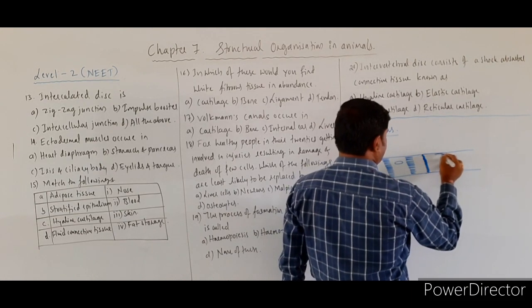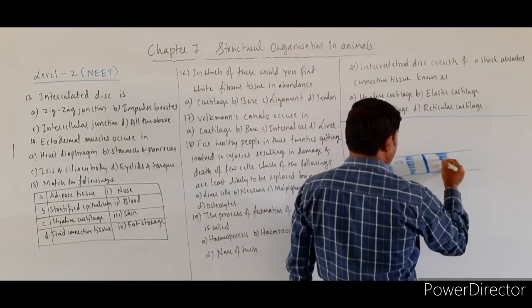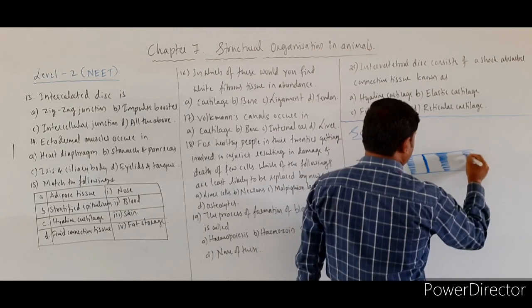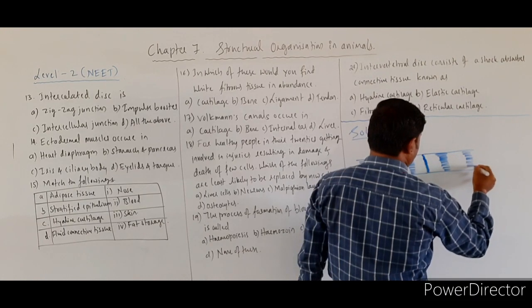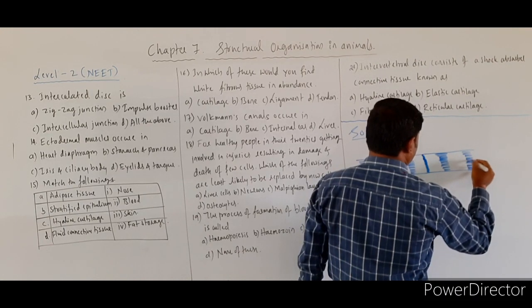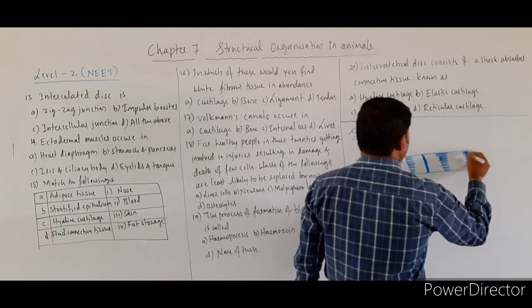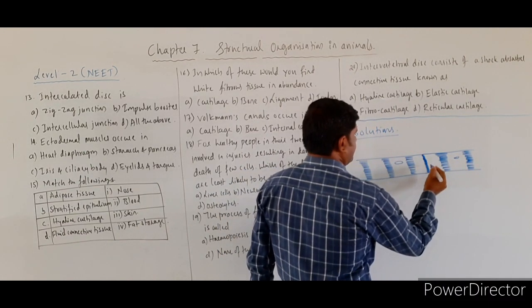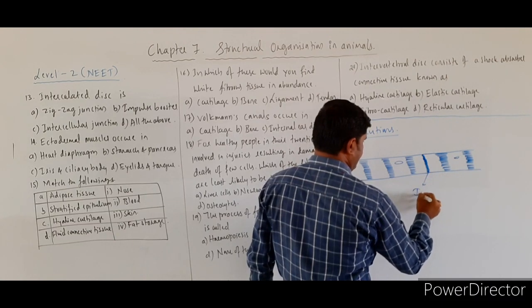See here, this is one intercalated disc and this is once again the next cell with the dark bands. Now you are observing here, what is that? So this is intercalated